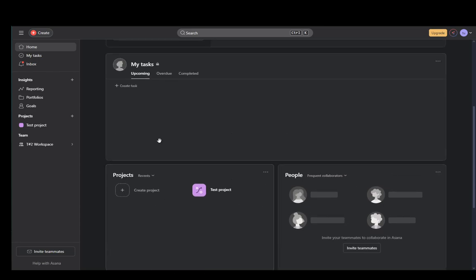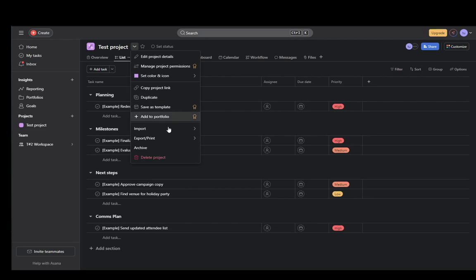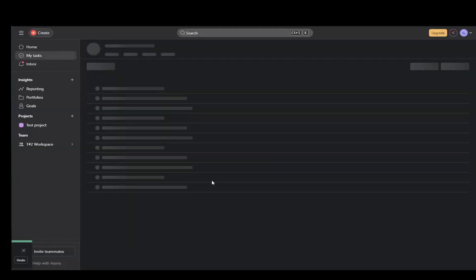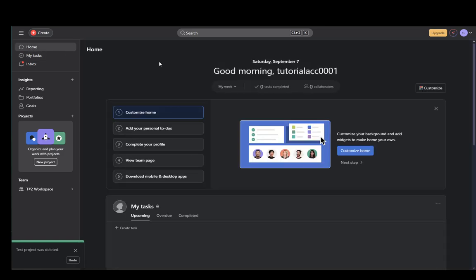There are no people, there are no projects, or rather there is this test project which you will need to remove. So make sure that there are no people. If there are, just remove them. If the project is empty, go into it by clicking on it. Then you need to delete this project by clicking on the arrow, then clicking delete project, click delete, and now that that's done, as you can see, everything is deleted, and now you'll be able to delete this workspace,